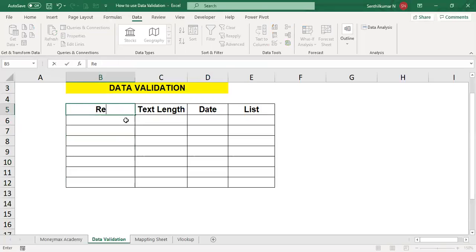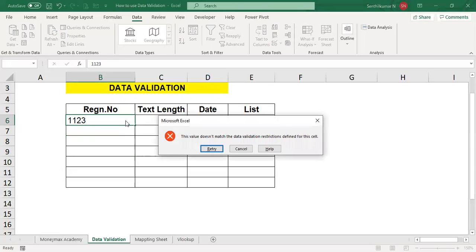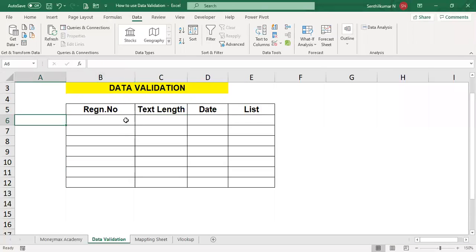Your registration number starts from 1123 to 1150. I am giving an example.